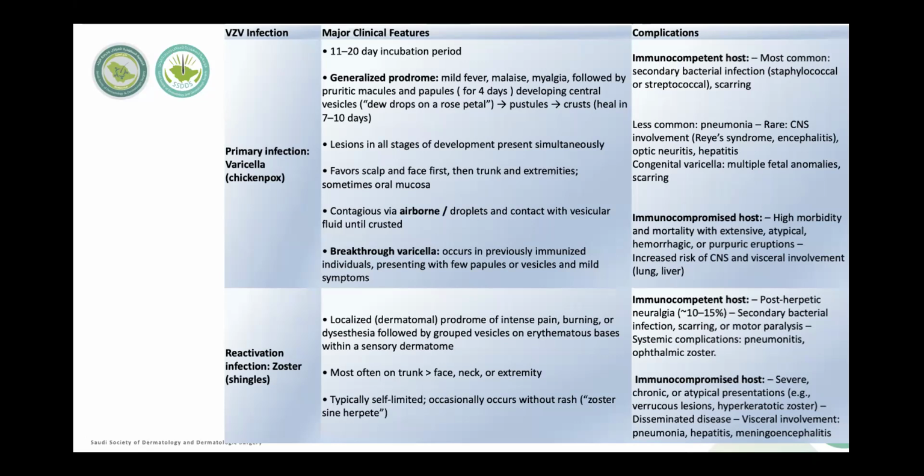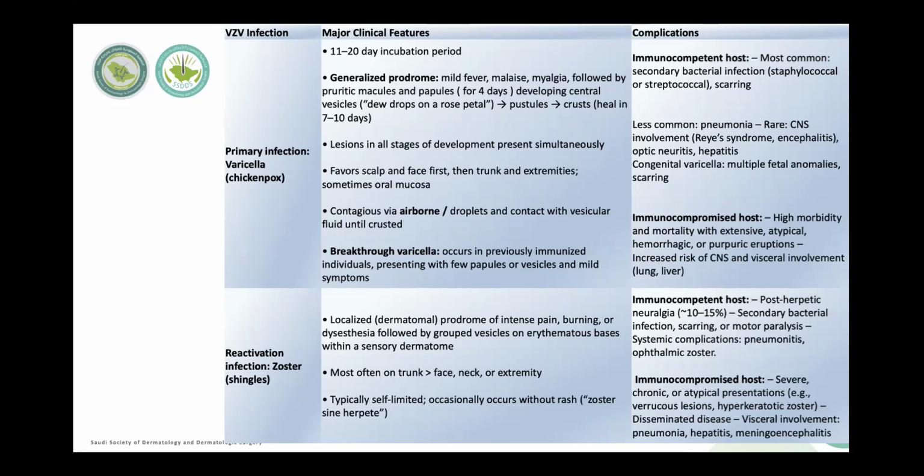Reactivation, as we all know, zoster comes localized in one dermatome. Most common would be in the trunk because the latency will be in the thoracic vertebra dorsal root ganglia, and then it will just get reactivated. In some people who are immunodeficient, you may also have widespread zoster. So that's very important. The most important complication for this virus is the post-herpetic neuralgia, which